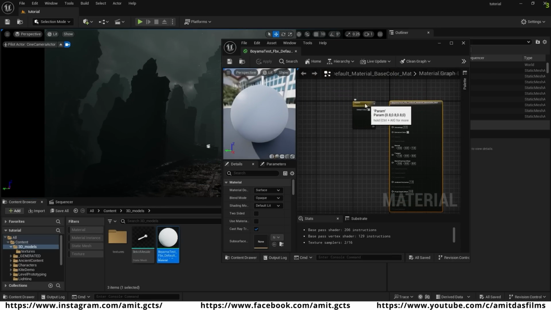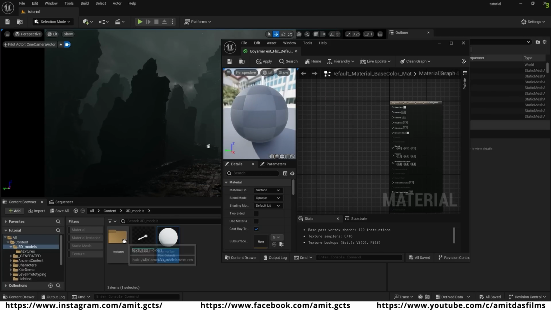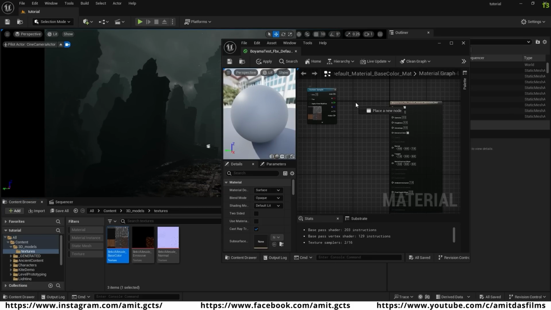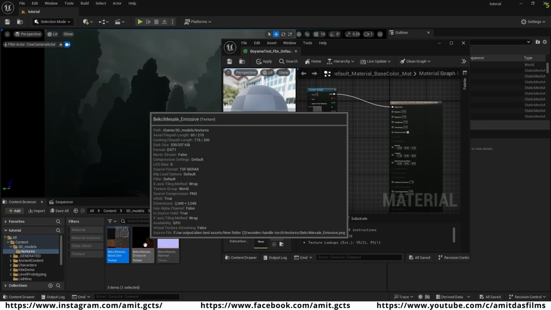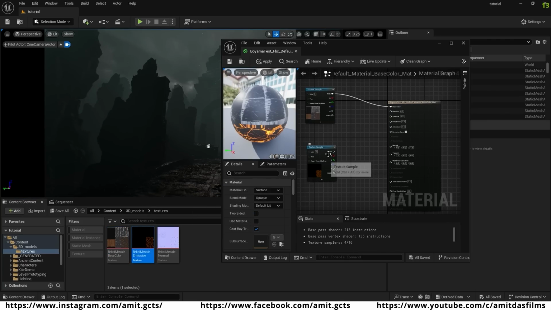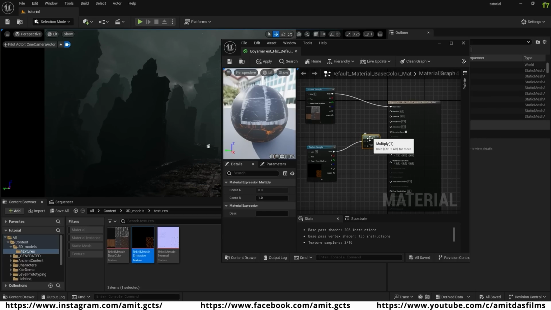So here is the material. First we're going to delete this default texture here, and we go to this textures folder, and then we bring this texture over here, and then we connect it with this base color here. And also we drag this emissive texture here, and in order to connect this with the emissive color, we also need a scalar parameter so we can adjust the emissiveness. So first we're going to drag this pin here, and in the search bar we type multiply node. So here is the multiply node, and in the B channel of this multiply node, we're going to connect